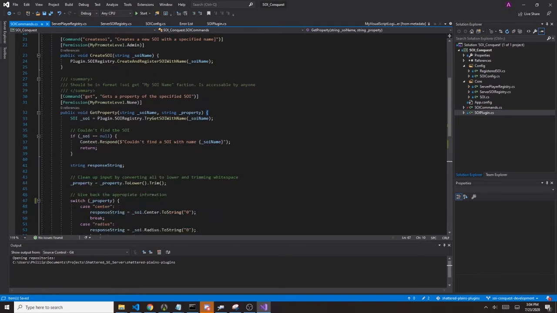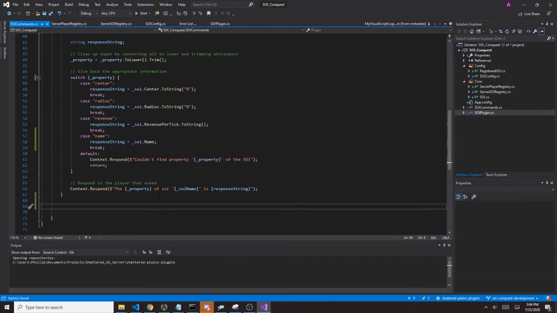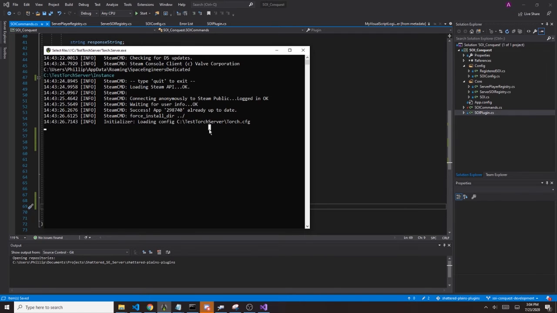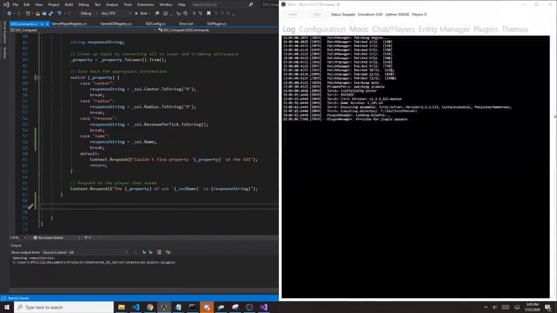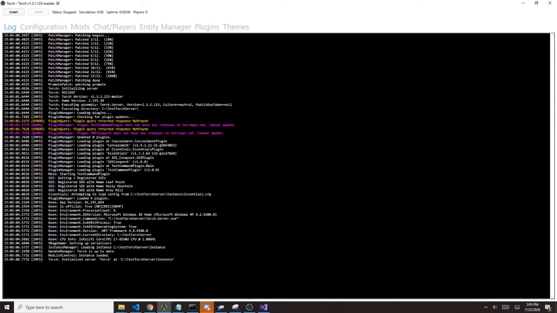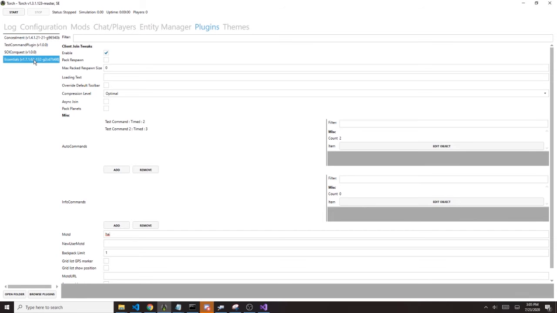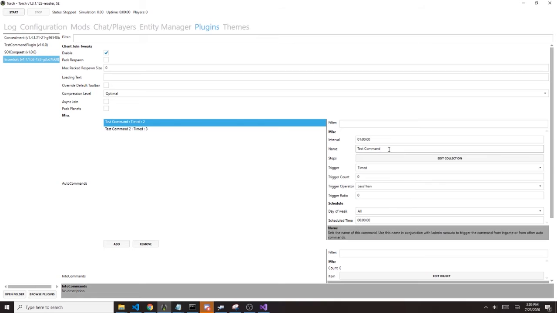As promised, I'm going to implement a simple little command and try to interface that with the Essentials plugin. The Essentials plugin is essentially, gotta load this up so I can show you. If you look at the plugins over here, come on, guys, just gotta get those plugins loaded. It's a thing that was developed by the Torch developers. Essentially, what you can do with it is add automated commands, and you can make them run every so often. So I was thinking about using that instead of building my own long-term scheduler for revenue generation,